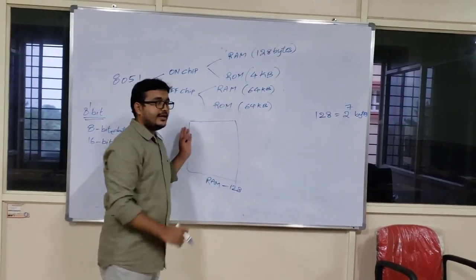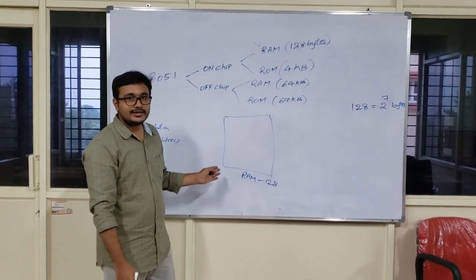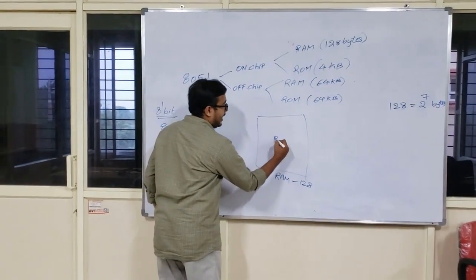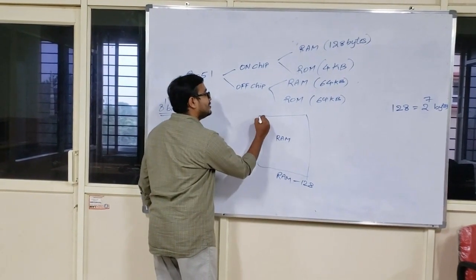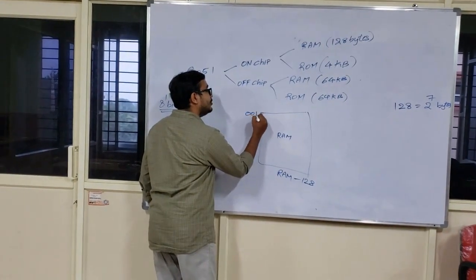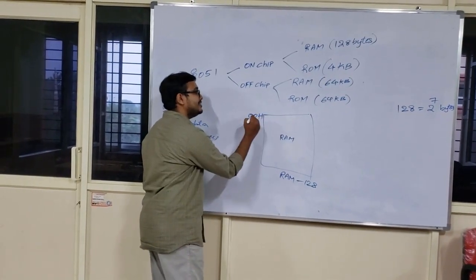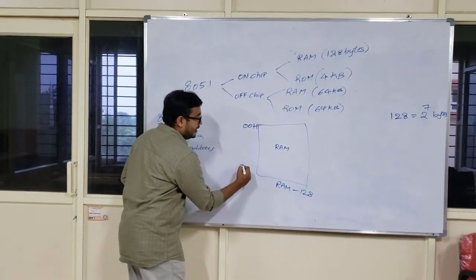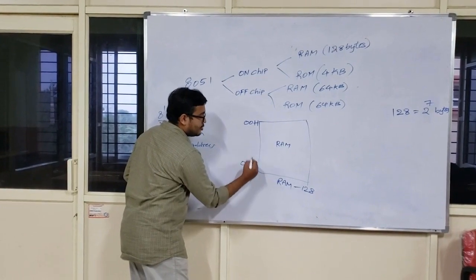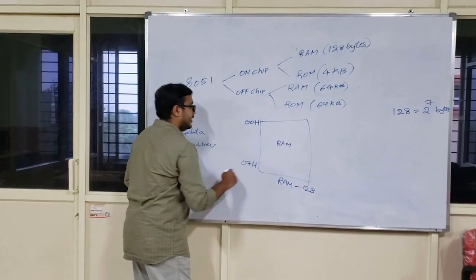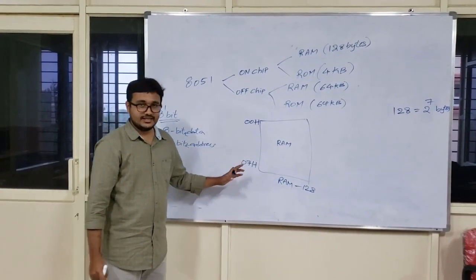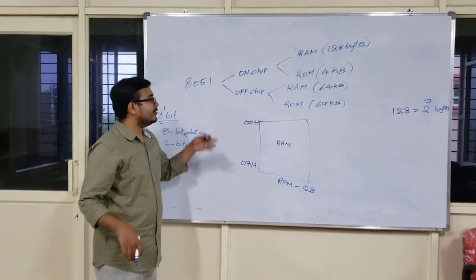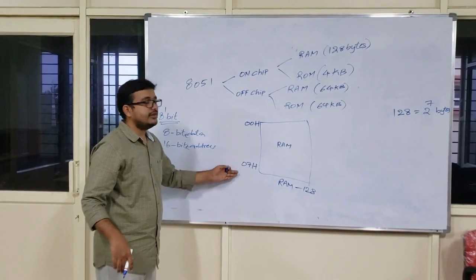Now what is its starting address location and what is its ending address location? That is the thing we have to concentrate on here. If it is my RAM, the starting address location will be 00H. H signifies I am writing in the hexadecimal format. And the ending address location of the on-chip RAM, I am talking about, will be 07H. This is hexadecimal.